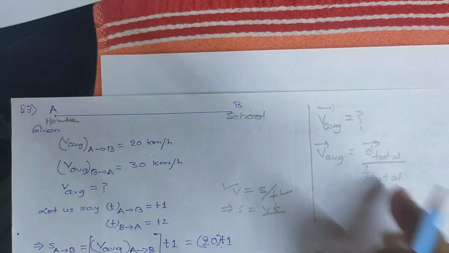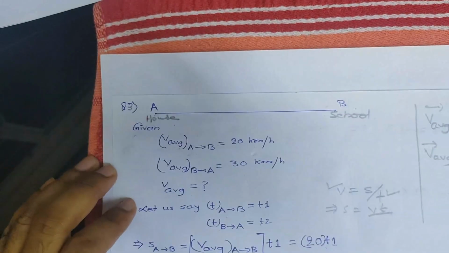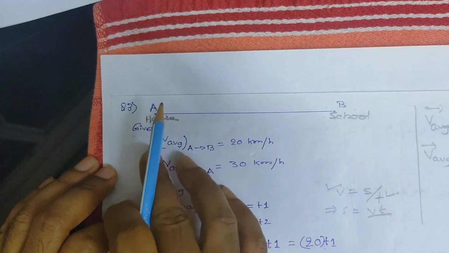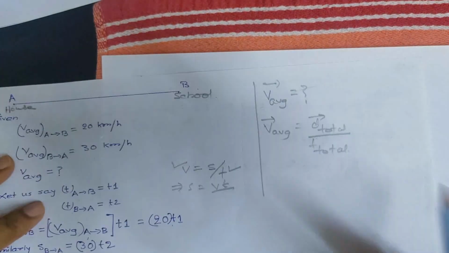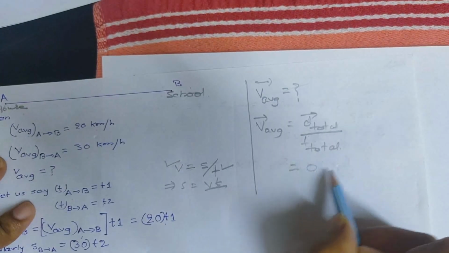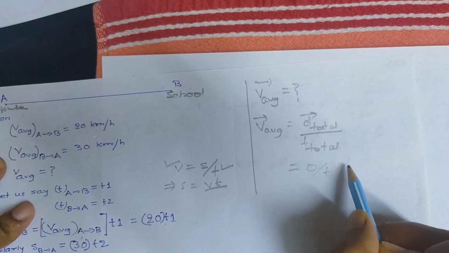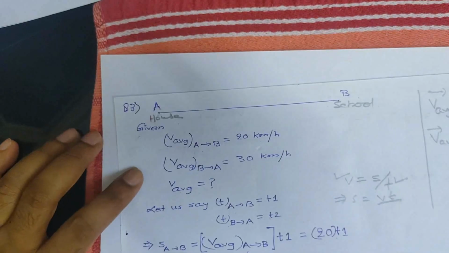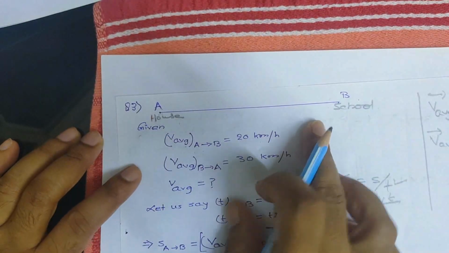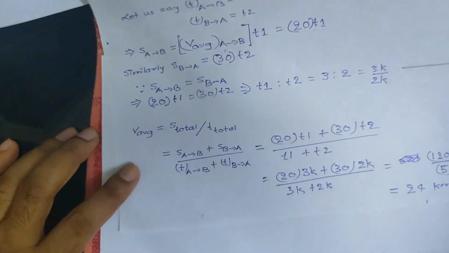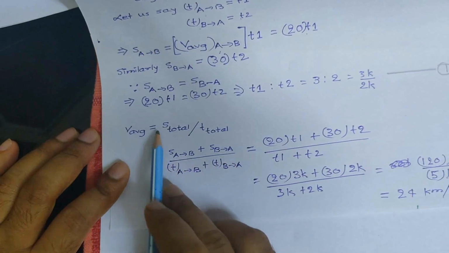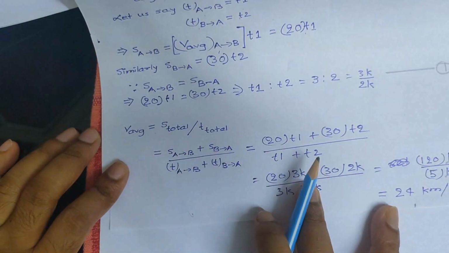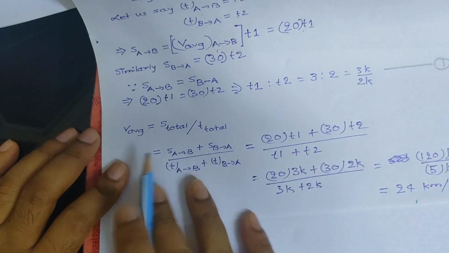What is total displacement? Let's find out. Abdul moved from A to B and then back to the same position. So essentially there is no displacement. The value of displacement is 0. 0 by whatever will come out to be 0. So in this case average velocity is 0, but there is a significant value for average speed. Again, it demonstrates a big difference in the concept of average speed and average velocity.